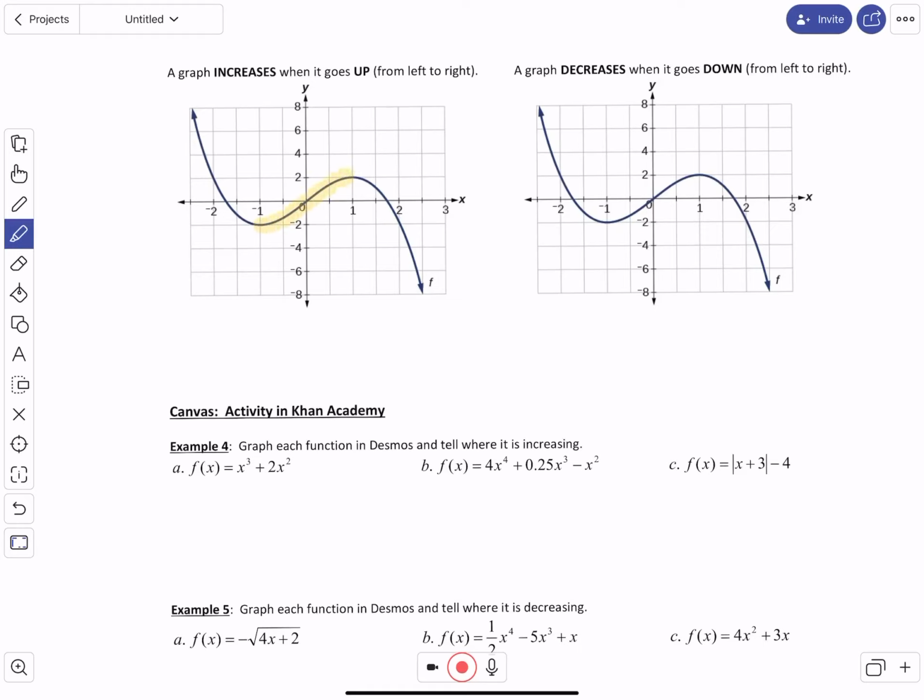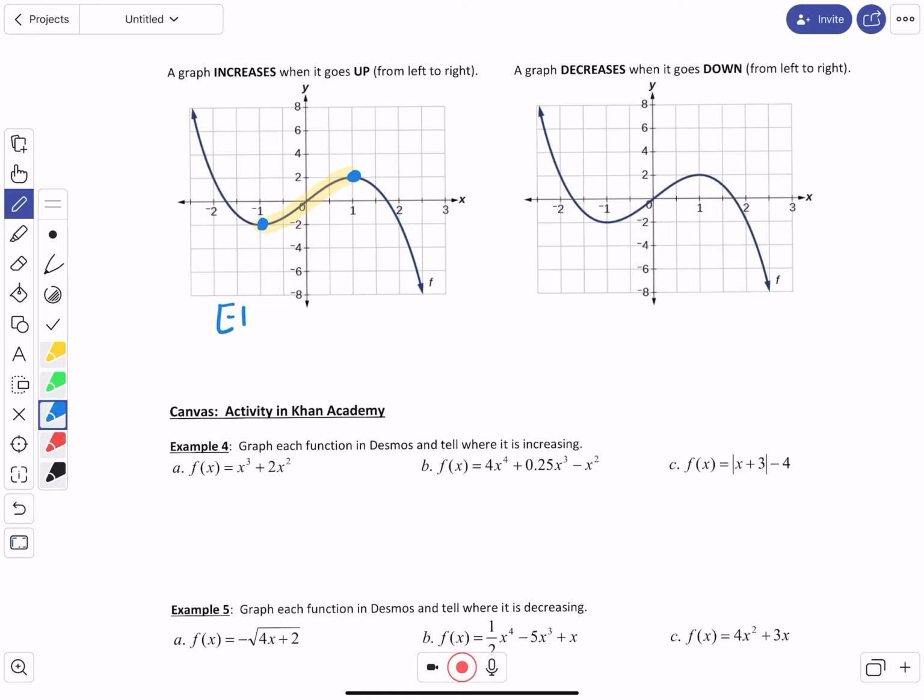So it's going to increase from here to here. So it's going up from left to right. So you read a graph just like you read a sentence or just like you read a book. So it's going up from here to here. So from this point to this point. So these are the 2 points of where it's going up. Okay? So between